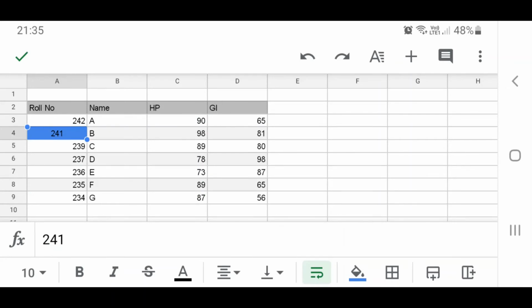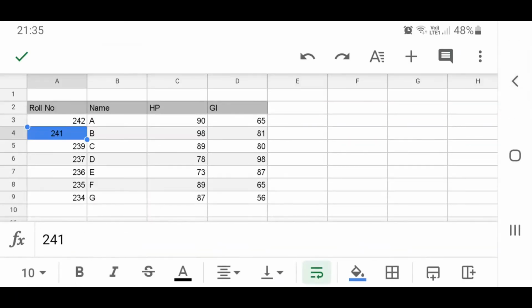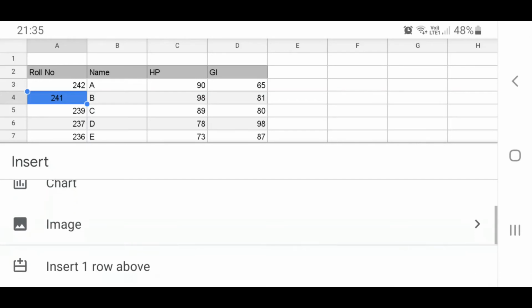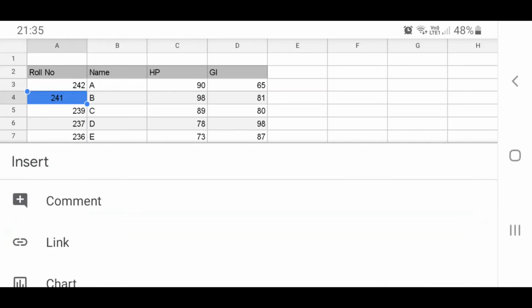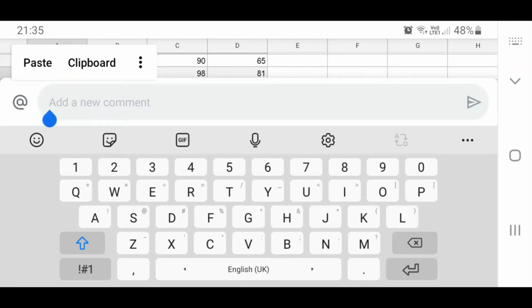Okay, the next thing that I would like to show is how to include a comment inside your cell. For that I am going to click on the plus button shown here. If you click on the plus button, you can see different options that are available here. I am going to choose a comment. So I can give a new comment. Either a direct comment can be given to this particular text, or you can choose to give a comment to a particular person. Here I am going to give a comment.